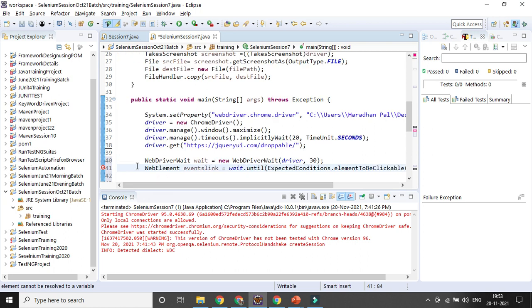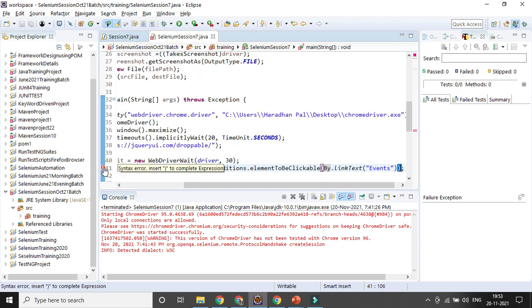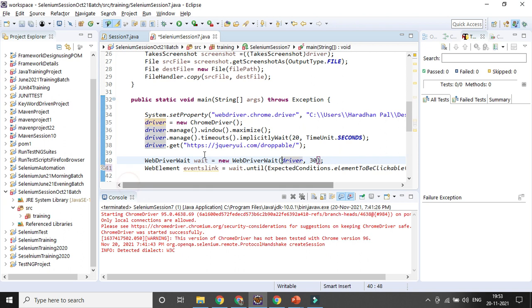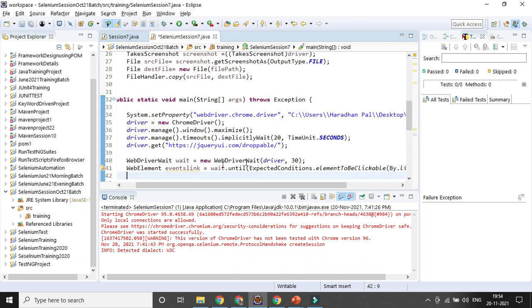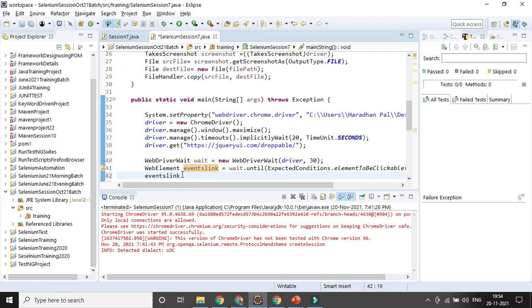Another thing I need to give. So that's how I can check whether that option is clickable or not. As and when that option is displayed with the link text and clickable, immediately I can click on that option, web element dot click.